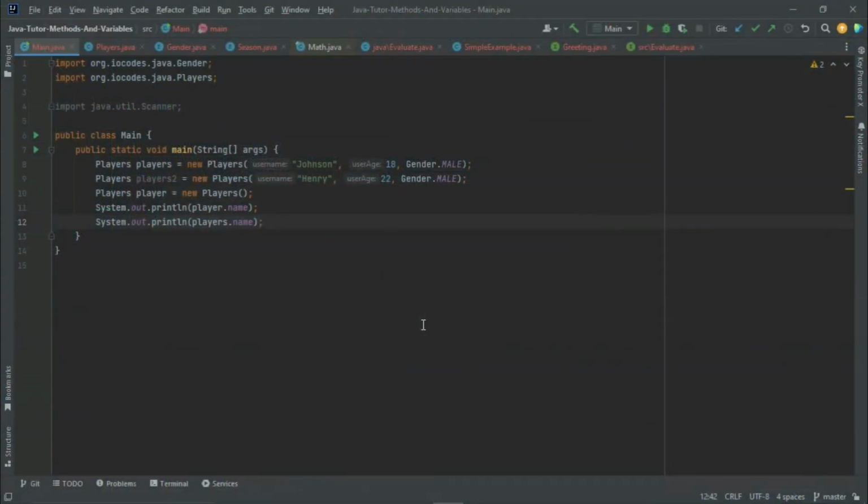Hello, welcome back. In the previous video, we saw how to define our constructor and how to initialize the value of any specific object so that any new object has its own different value for the respective field. However, we didn't create any instance method in the players class. So in this video, we'll be looking at how to create an instance method,